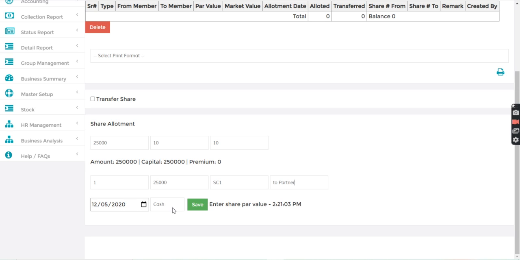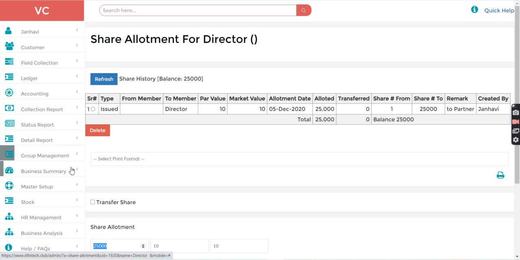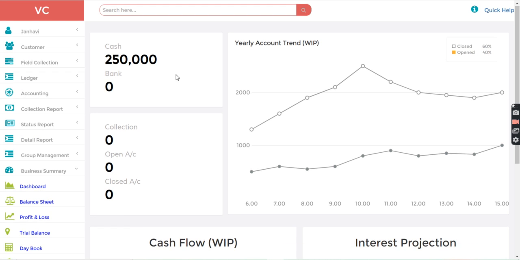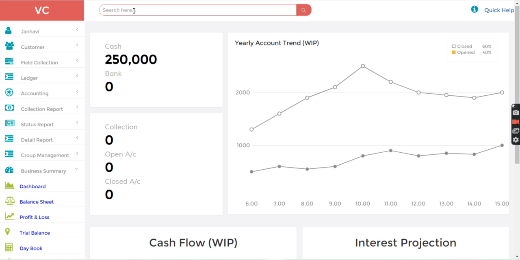Now as on this date, from cash or bank I will select cash and just save. So the company has allotted 25,000 shares to the director. If I go to the business summary dashboard, here you can see that 2,50,000 is the cash now. Now I will search the member, F-2,